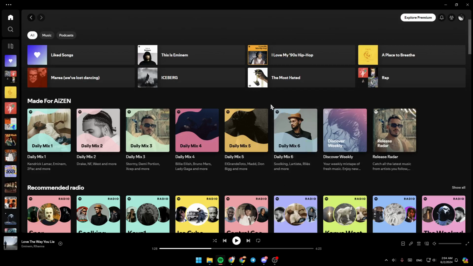So right here, as you can see guys, in the top right corner, you're gonna find your notifications. Here you're gonna find your friends activity. And lastly, right here, you're gonna find your profile icon. If you click on your profile icon, right here, you're going to find account, profile, upgrade to premium. You can start a private session, go to your Spotify settings, and lastly, you can log out from your Spotify